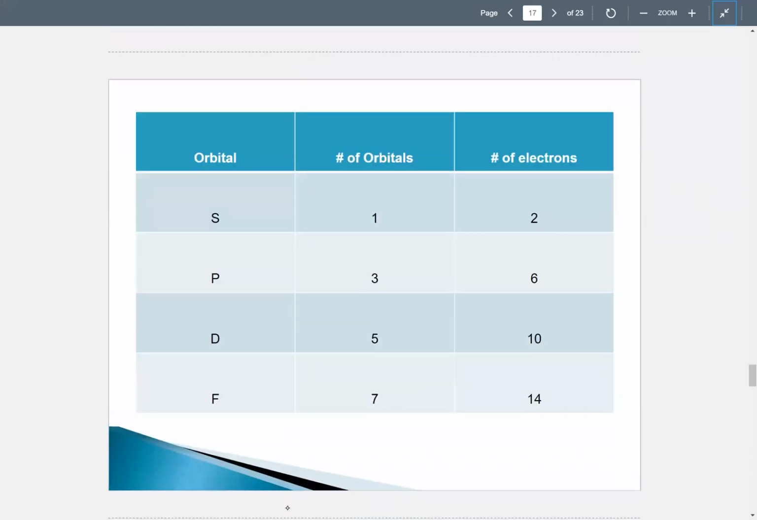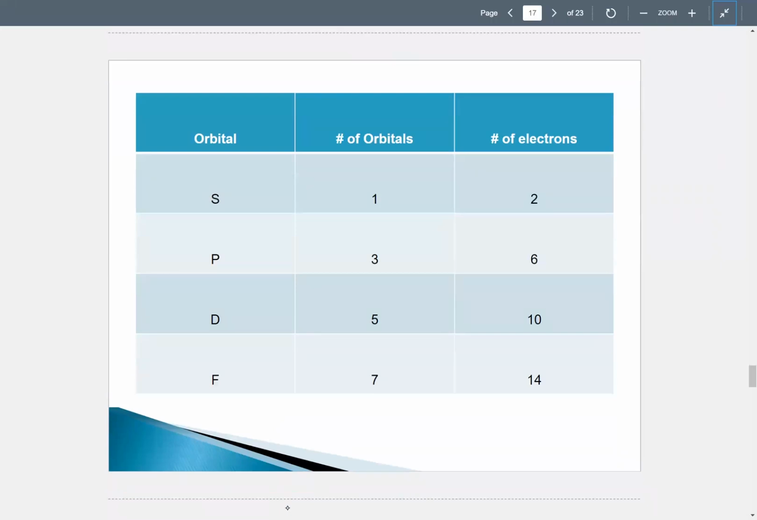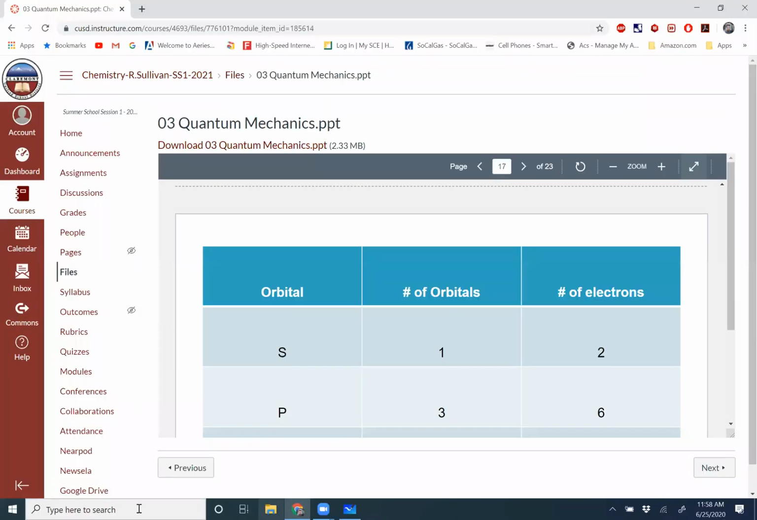So I wanted to show you something real quick. Notice that the S has 1 orientation or 1 orbit. It fits 2 electrons. P has 3, it fits 6. D has 5, it fits 10. And F has 7, it fits 14. If we go to the periodic table,